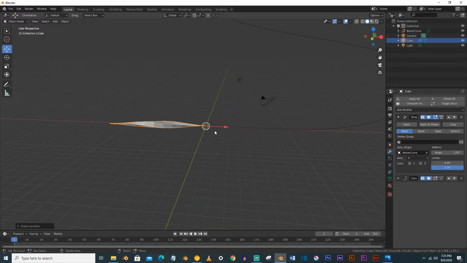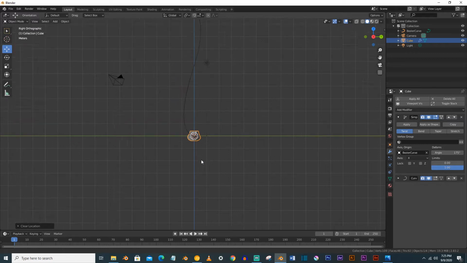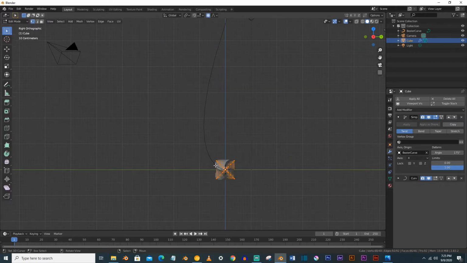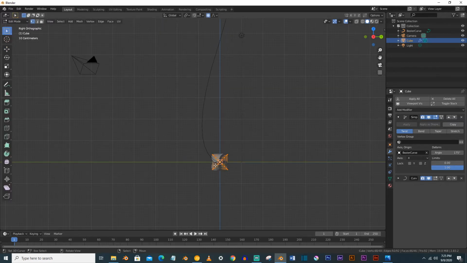And now what you have to do, press 3 and go to the side view and just duplicate it.